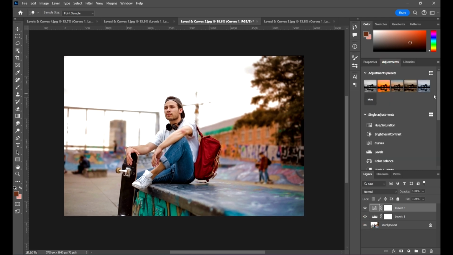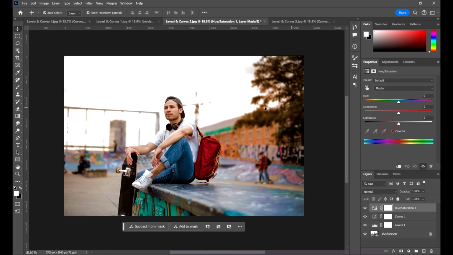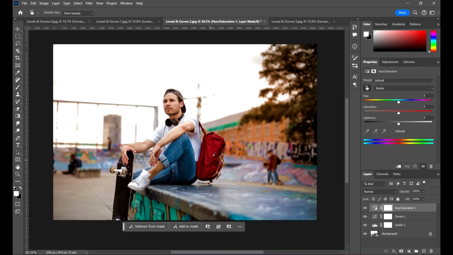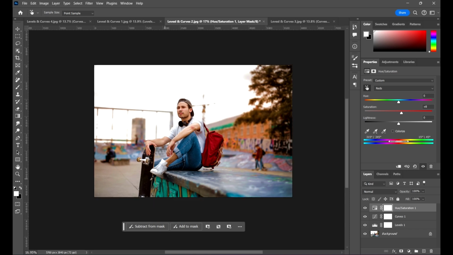Let's just go back to our adjustments and add hue and saturation. So we see on our hue and saturation panel, we also see this button here. So it means we can click this button and go in and affect selected colors. Okay, so we can affect these selected colors with our hue and saturation. So let's say we want to affect the red color, so we can click here, either make this more saturated or less saturated. Okay, so I'm just going to make this a little bit more saturated,